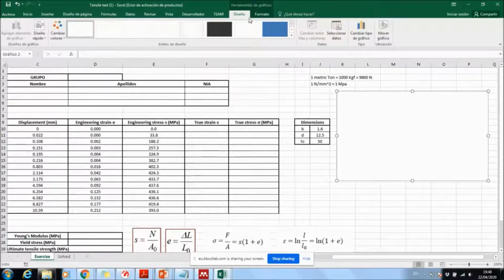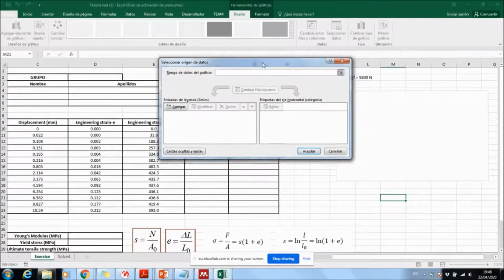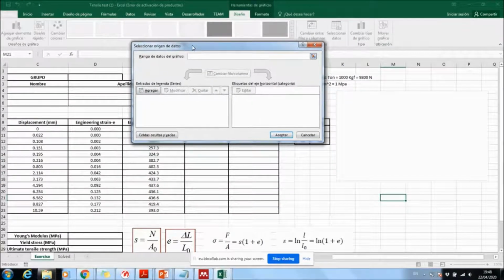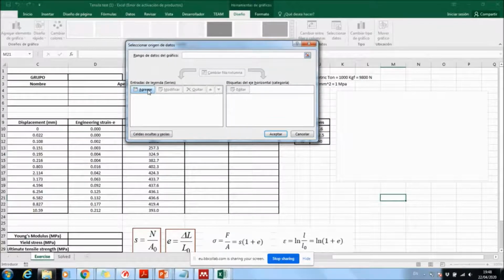This is the design tab. So look at it over here. And on this tab, you're going to go to select data, this button on the top. You click for it, and a new dialog box will pop up. And you're going to create a new line, a new plot. So you're going to click on Add, Agregar,